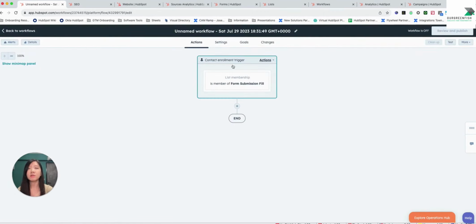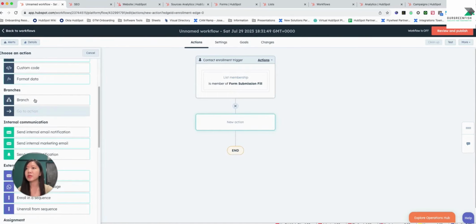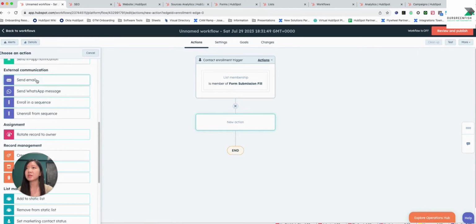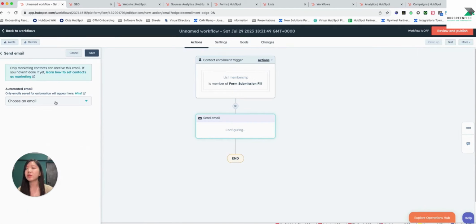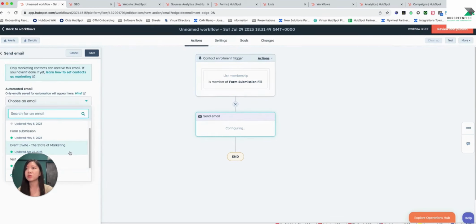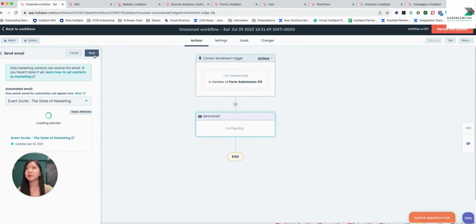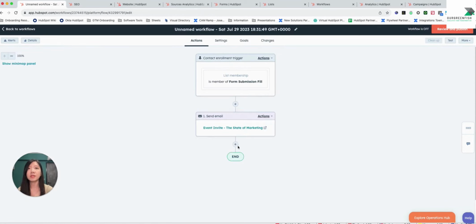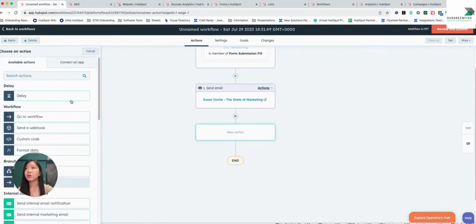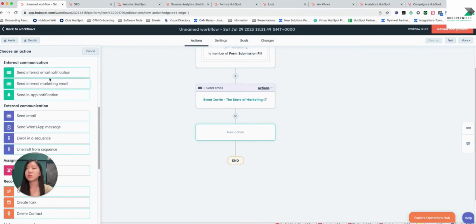So once they've filled out a form on your website or landing page, you can send an external email to them, and you can select from the different emails you've already created. Just for this example, I'll put an event invite and then hit save. At the same time, you could also give an internal notification. So I can send an internal marketing email,